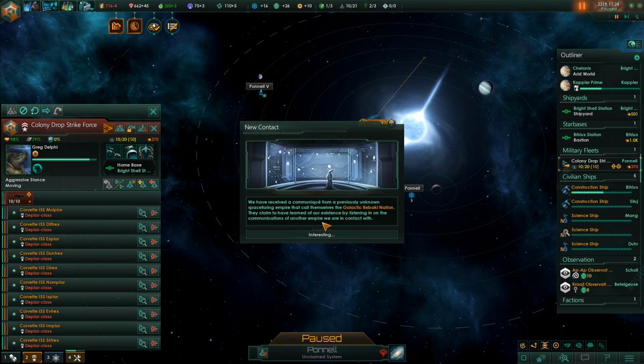We've received a communique from a previously unknown spacefaring empire that call themselves a galactic Bibaki nation. They claim to have learned of our existence by listening in on the communications of another empire we are in